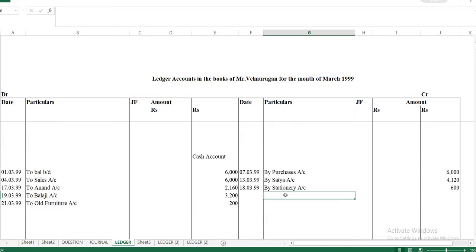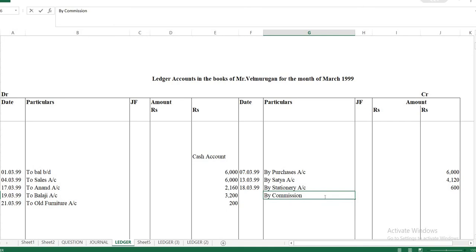Okay, so this is the cash account. In the cash account, always, whatever you have received will come under the debit side. In the cash account, if you have made a sale, or if cash has come into your business, like if you have sold furniture, goods, or any kind of assets, or if you receive some cash from a person, all those things will come under the debit side only.